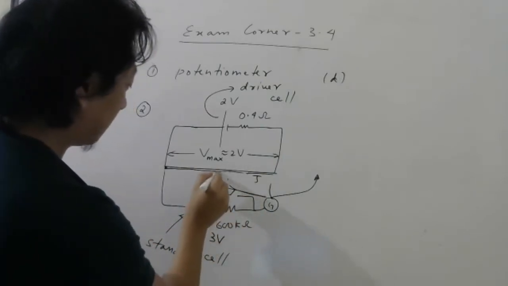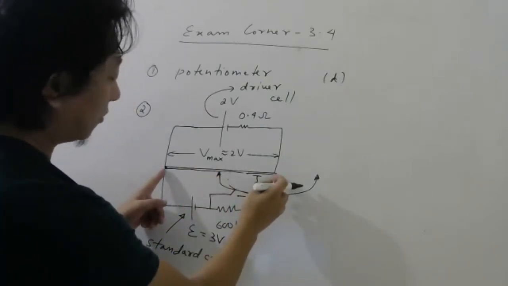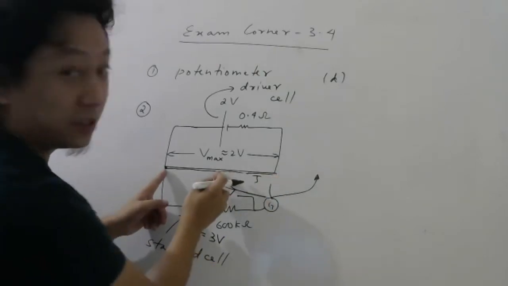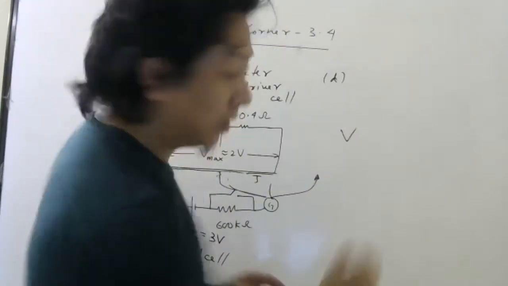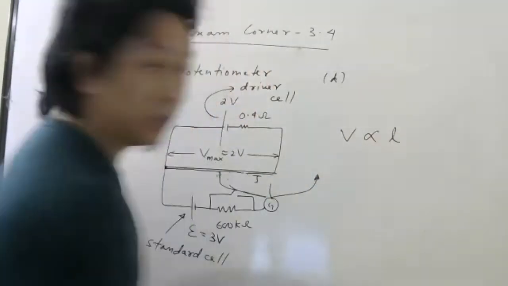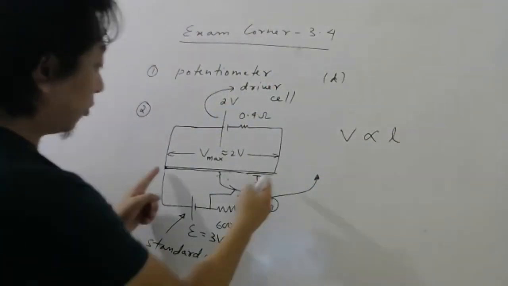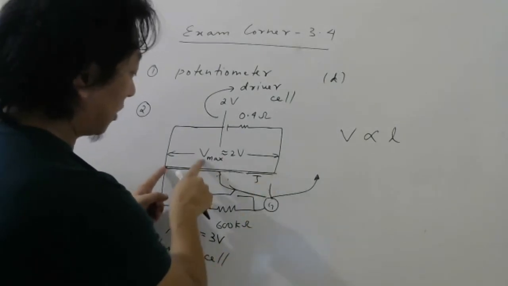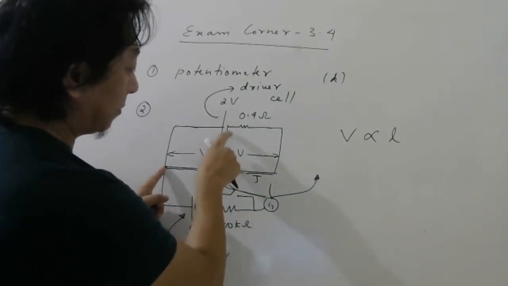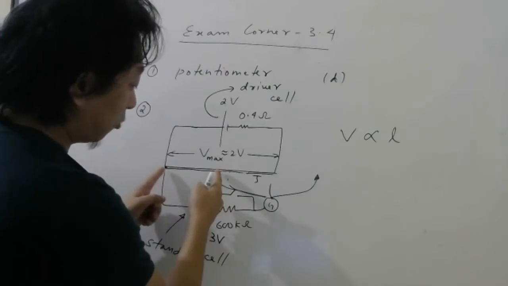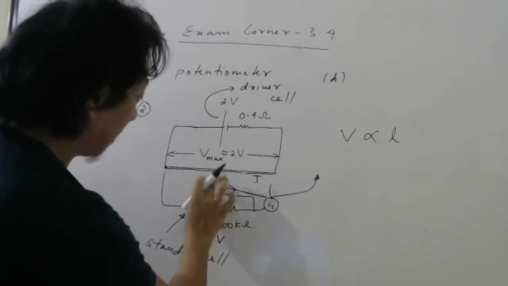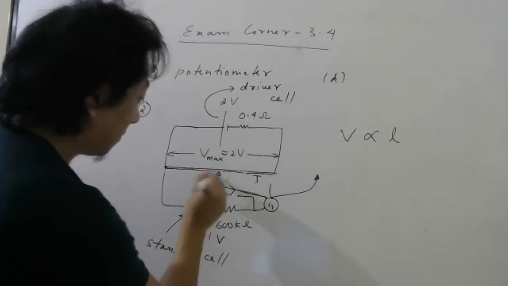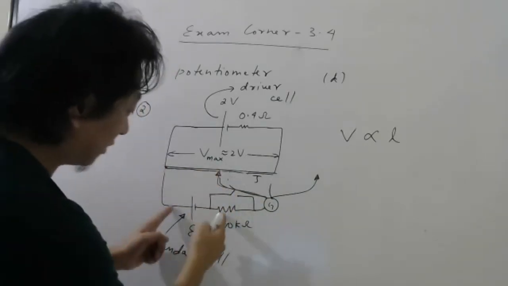And if you keep it here, it will be less, because suppose you keep it exactly in the middle. So if here potential difference is 2 volt, here potential difference will be 1 volt, because in potentiometer, potential difference is proportional to length, remember. So for this much length, if I assume potential difference is 2 volt by the battery, then here it will be 1 volt. Then you can measure 1 volt by putting this jockey in the middle, because then this voltage and this voltage will match.